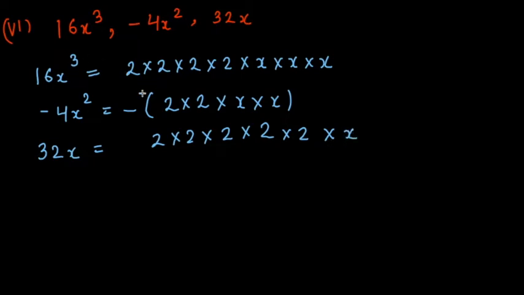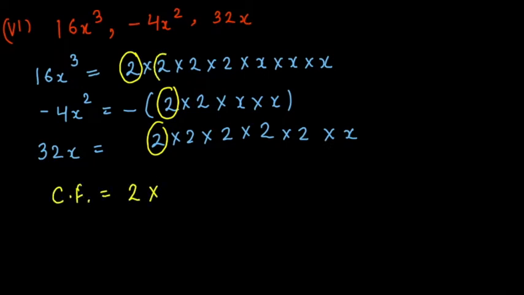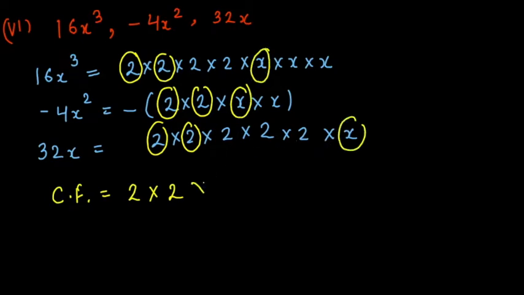Right, I have placed a bracket here because there is a minus sign. Now start grouping. We have a 2, a 2, a 2 here. So if I want to write the common factor, 1 2 is already here. Then I can see another 2 which is common. Now I can see x which is common here and here. It means 2 2s are 4. X will be the common factor of the given terms. So this is how question number 1, there is 7th and 8th part also you can practice.